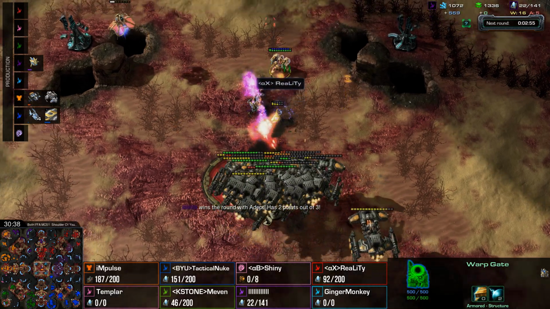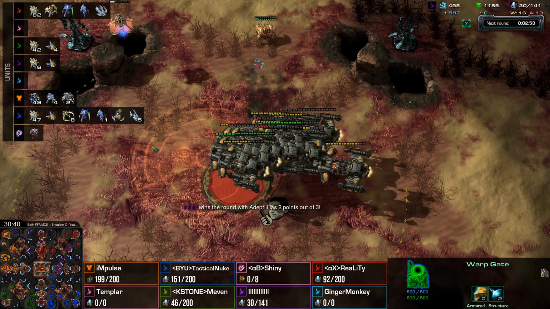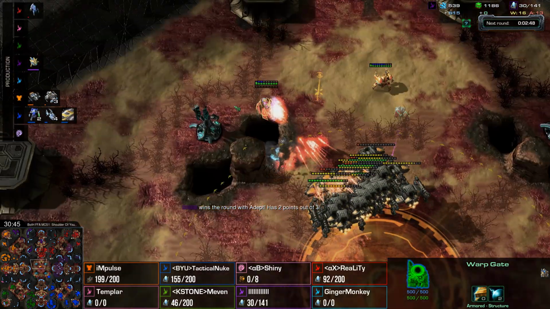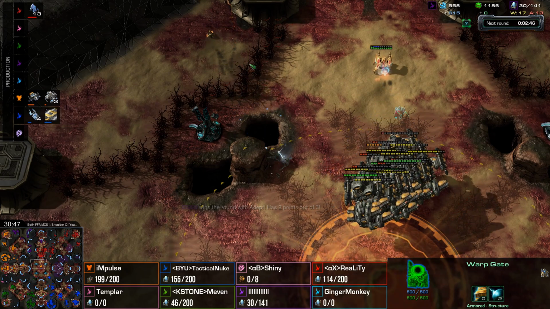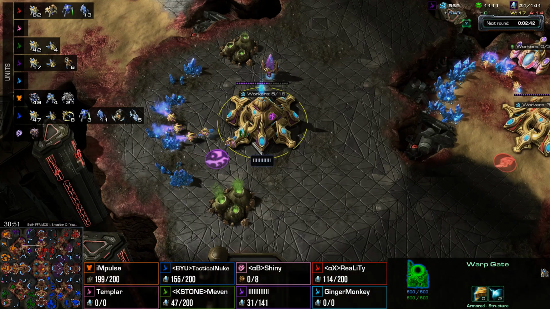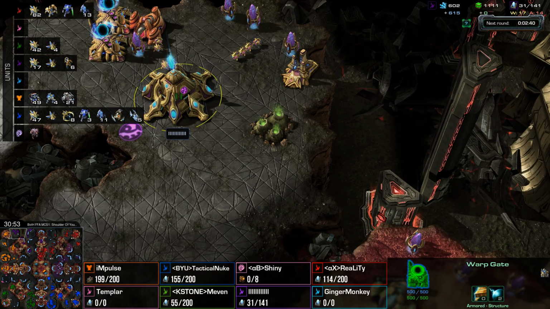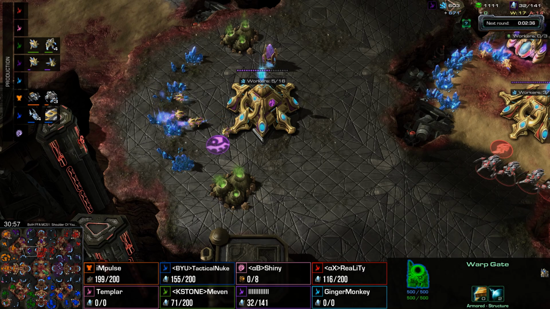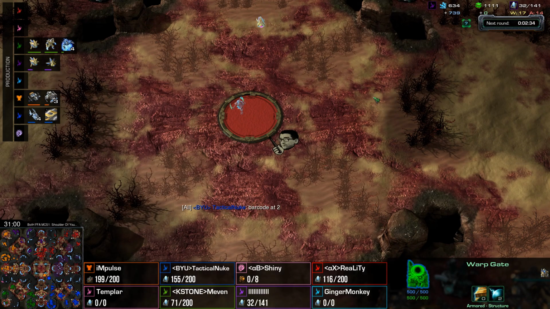Dead Ilias, who's fighting immortals and battle cruisers. Not great. What does Ilias have left? An observer and some probes. Warping in. Nope. Tried to warp in some adepts. Nope. Warp Prism died. No, that was somebody else. That was Reality, maybe. The Warp Prism warping did work, actually, for Ilias. I don't know where said adepts are. But dude, if Ilias wins this thing with no supply...